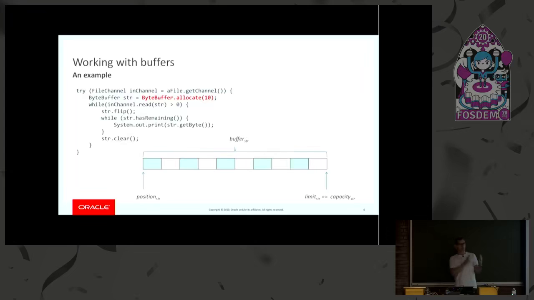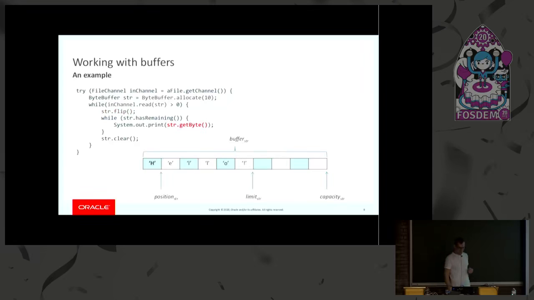And then there is a limit, which is another mutable part of the state of the ByteBuffer, which will be initially set to the capacity. The first thing we have to do is, well, we have to read some stuff from the channel, which means we are actually writing into the ByteBuffer. So here we read some characters, and now we have to start reading them in our application. So the first thing that we have to do is to flip the buffer from writing mode into reading mode, which means the position here will be set to 0, and the limit will be set to basically the position after the last character that has been read.